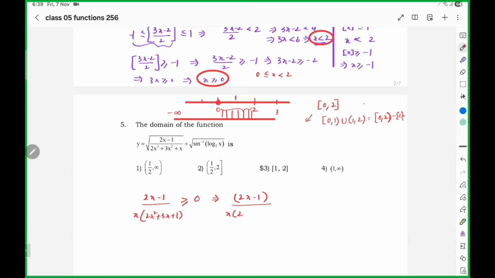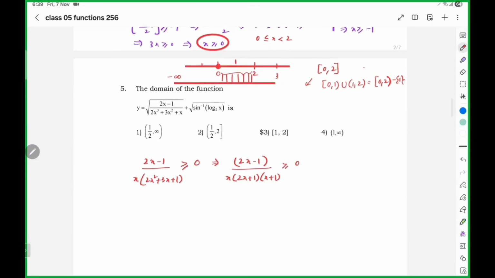So x into 2x plus 1 factors. Here I am using the wavy method to answer this because many linear functions are involved. Here it is, the exact wavy curve I will not draw. Here it is minus half,